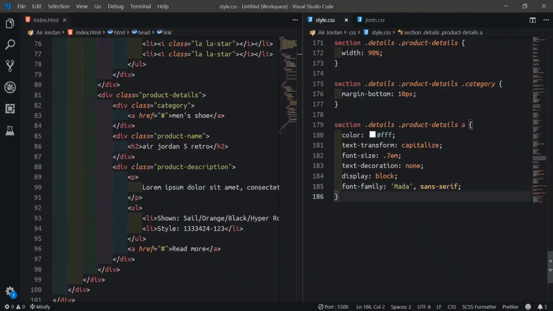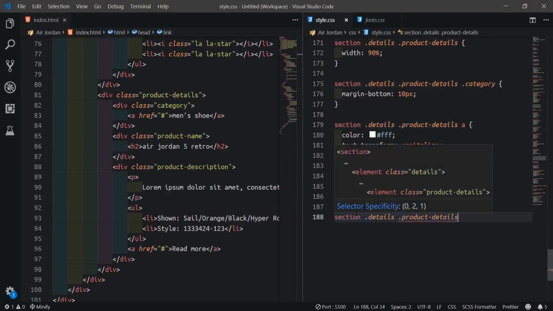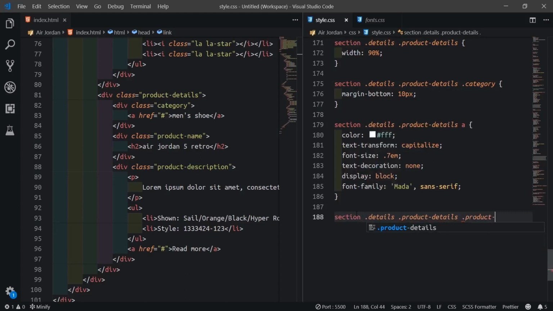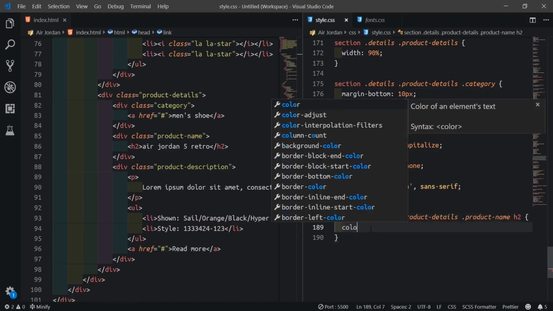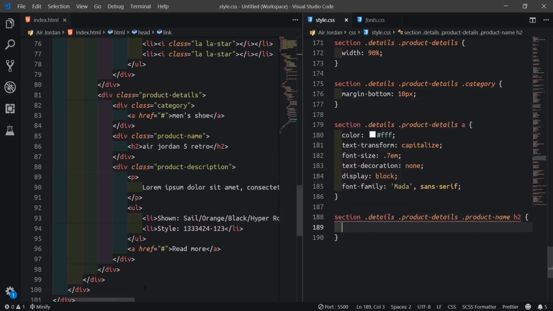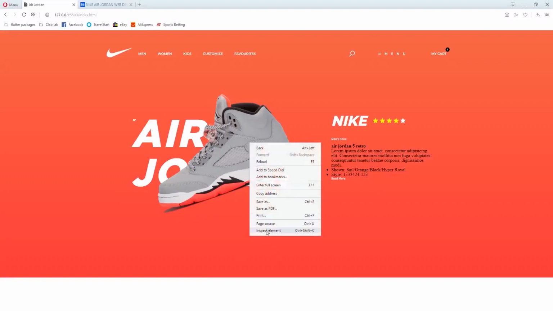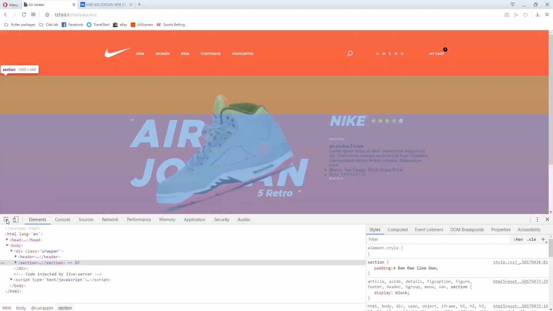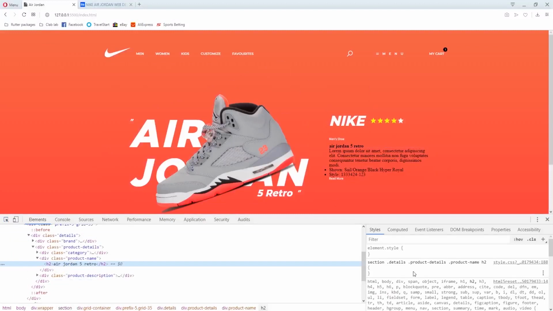So we'll come down, then we'll target the H2 inside product name. So product details, then dot product name and H2. So what we'll do, that is this H2 now. So we'll say the color, or you know what, I'd like to target from this inspect element so that I can see the thing live here. So I just target here now.